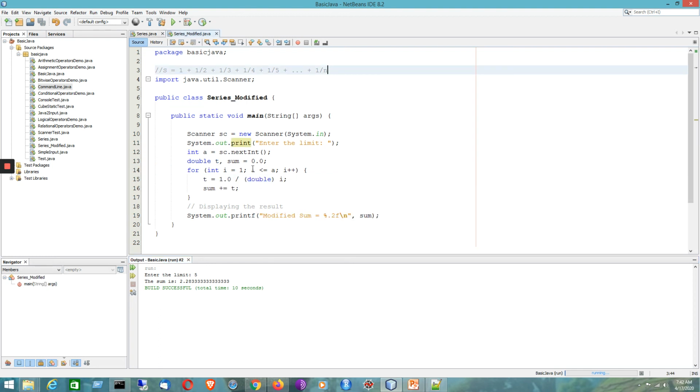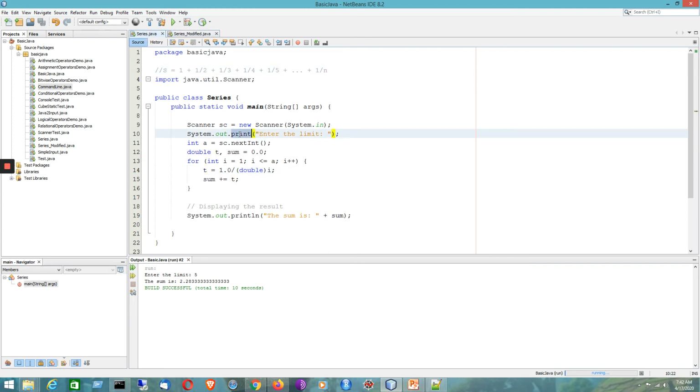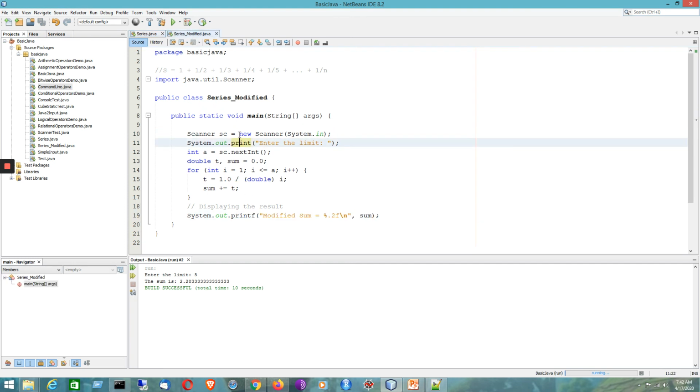We are basically writing the same program, and have a look here. We are using print. In the previous program I have also used println. Here I am also using printf. So basically we can have three types of techniques that we have discussed.